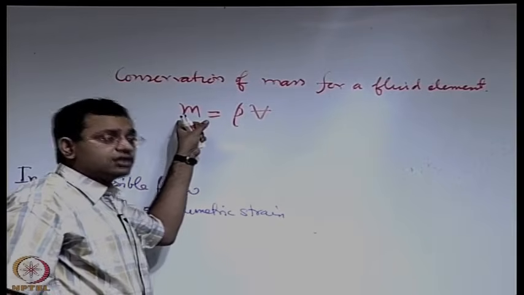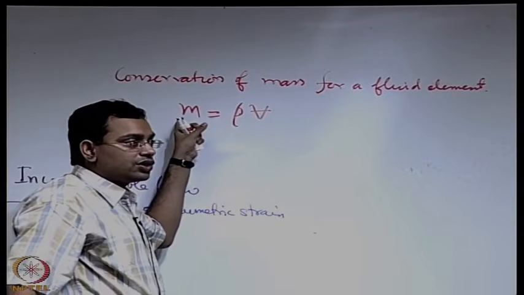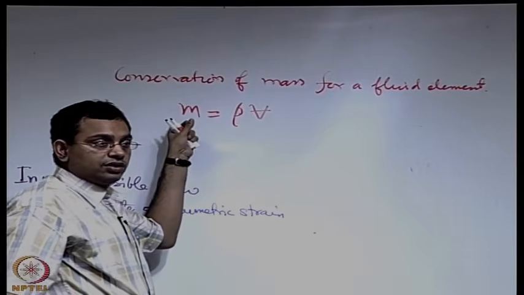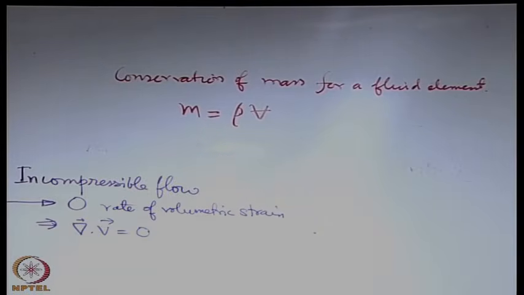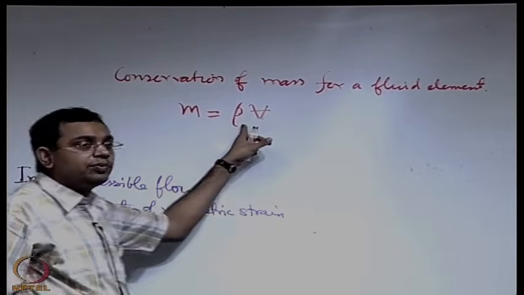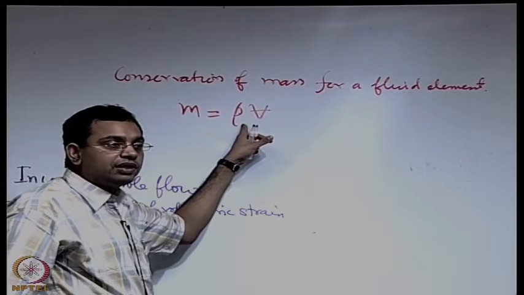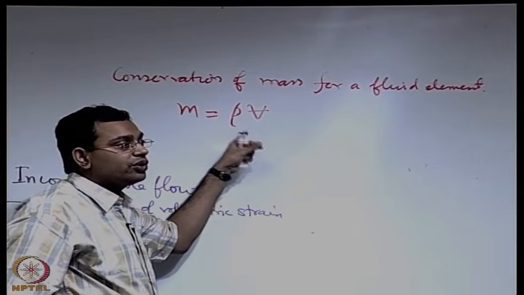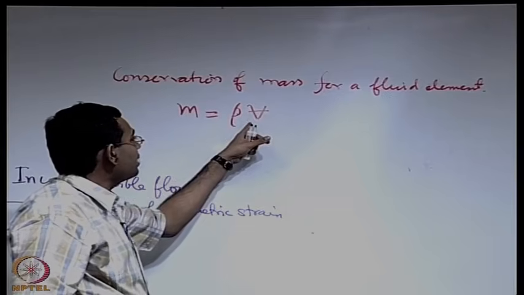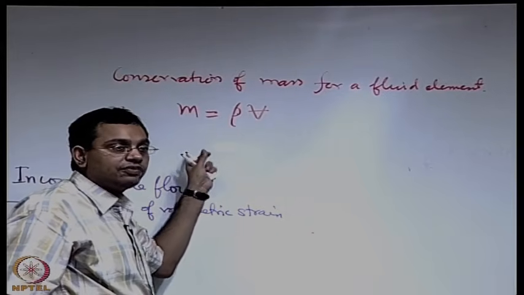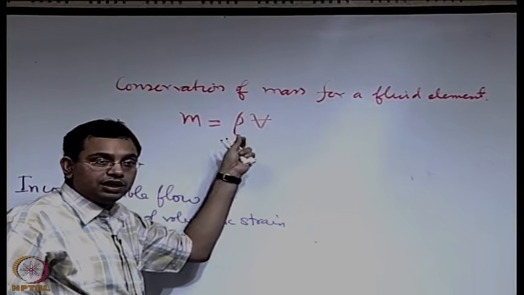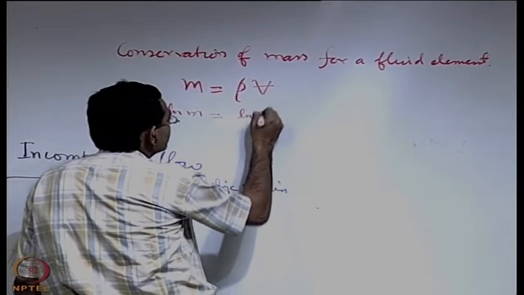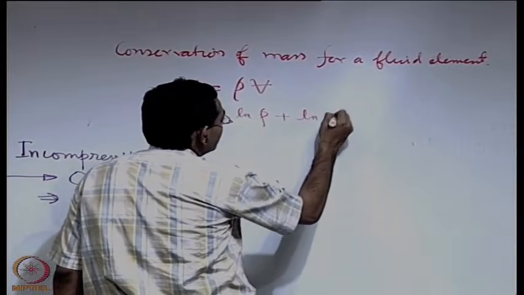Since the mass of a fluid element is conserved, there will be 0 rate of change of mass. Since we know already the expression for the volumetric strain, and in that volumetric strain 1 by v appears, it may be useful to utilize that expression by taking log of both sides and then differentiating, because then 1 by v will automatically come out. So let us take the log of both sides and then differentiate